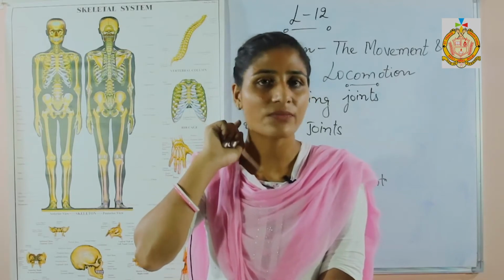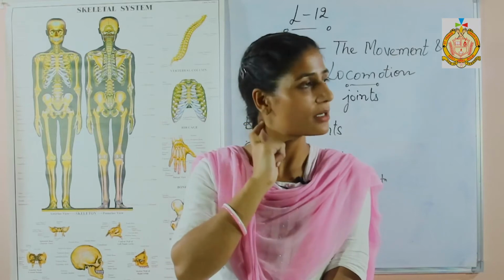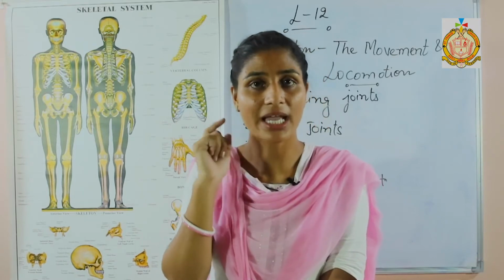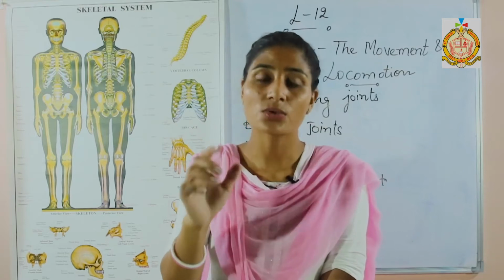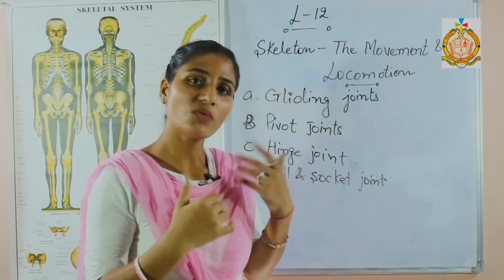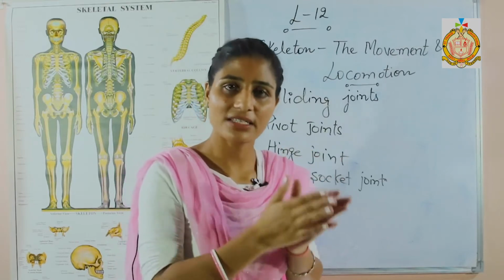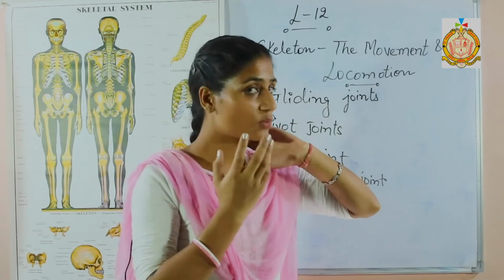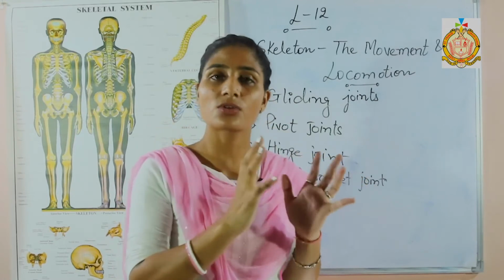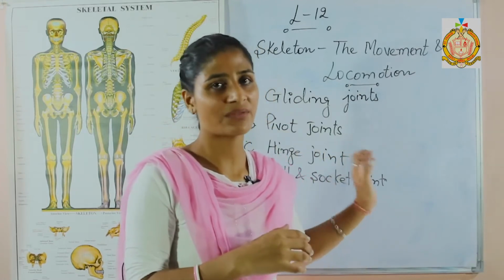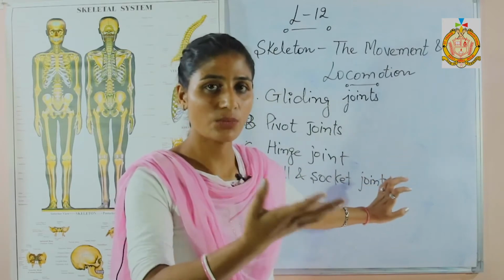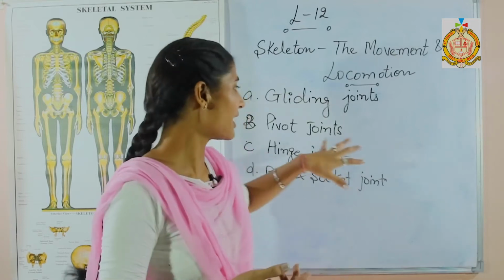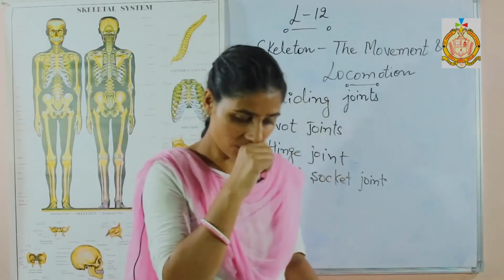So we are able to move our skull through several degrees, where it is attached with the axis bone. The skull bone is attached with the axis and we are able to move it to an extent. That kind of joint is known as a pivot joint. One bone is attached to the other one and in that way they show movement.